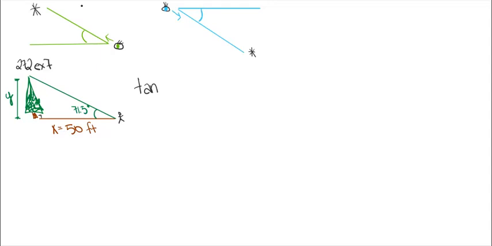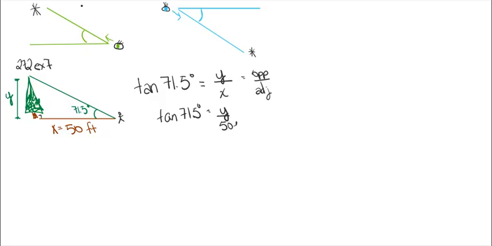Tangent of theta, in this case our theta, is 71.5 degrees. So the tangent of theta is equal to the opposite over adjacent, or the y over the x in this case. Now we don't know what the y is, but we do know what the x is. So let's go ahead and see if we can solve this. So I'm going to write tangent of 71.5 degrees equals y over